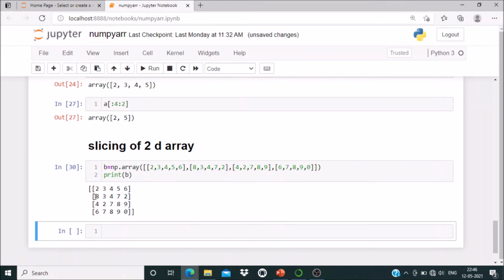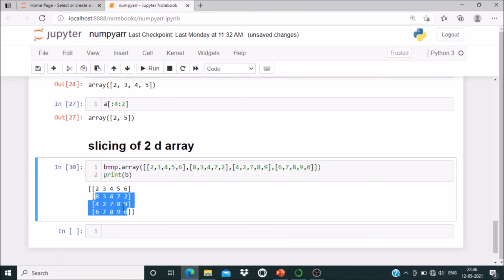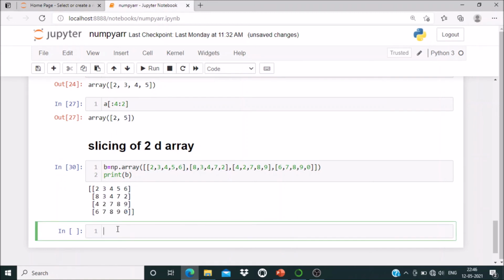Okay, I want to slice this much part. What you can say, this much means I don't want the first row, I want the remaining rows and all columns. So how will I do this? So b of,